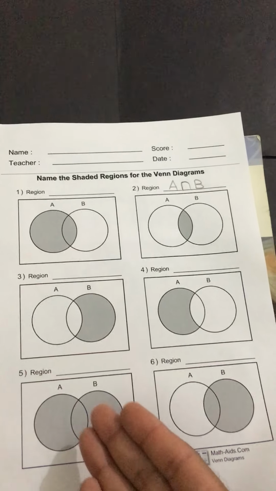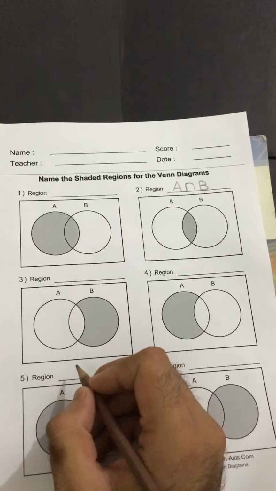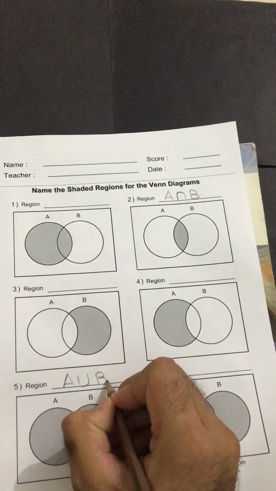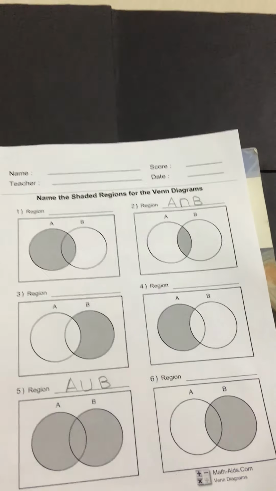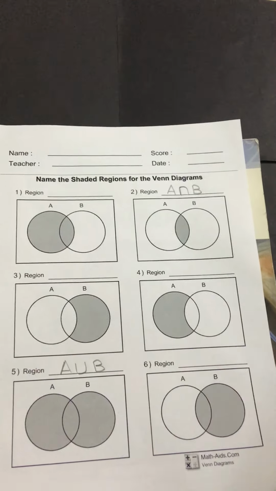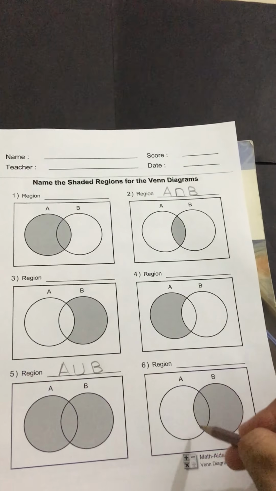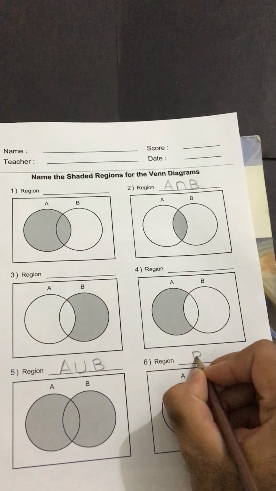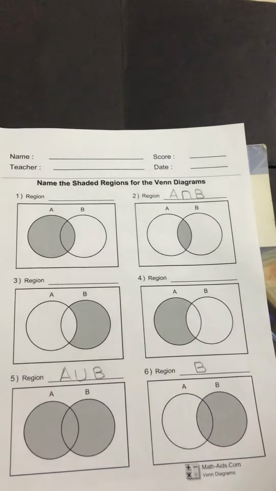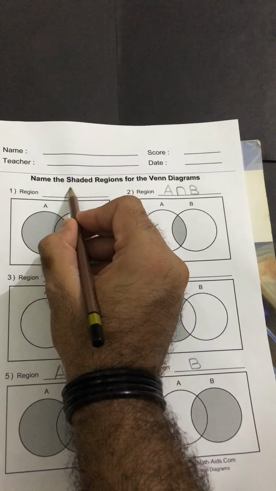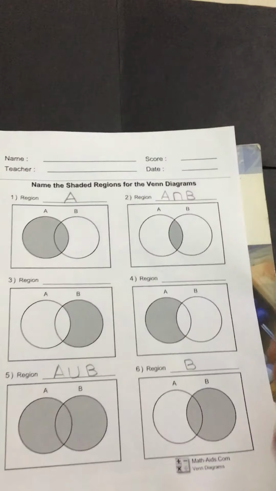The next part will be approximately this one. Since the whole diagram is shaded, both the parts are shaded, so we can say that this is basically A union B. Since both A and B are shaded, we can say that. And since this is again a very simple one, only the B part is shaded, A is not, so I will say that the region which is shaded is only B. And in the first part only the A part is shaded, so I will just write this as set A as the shaded region.